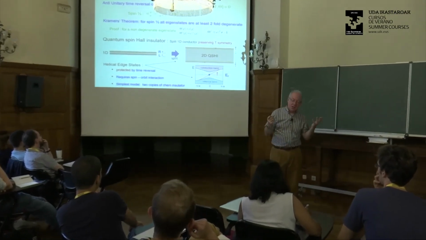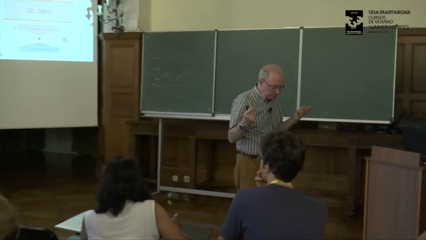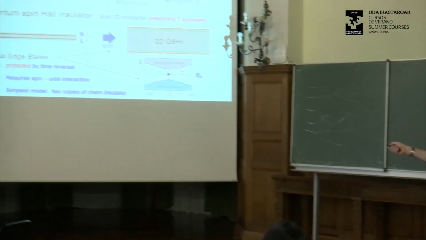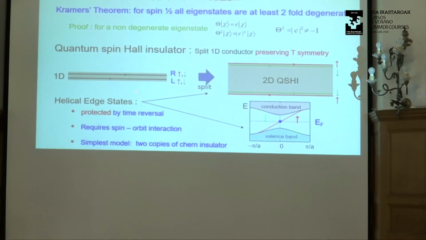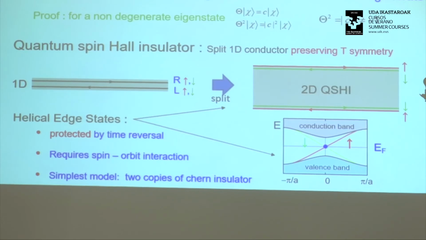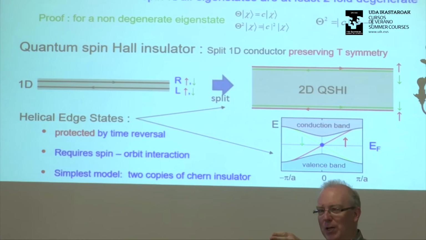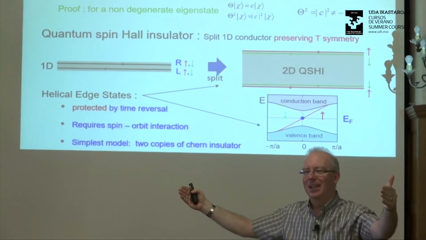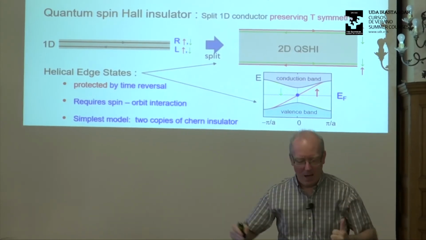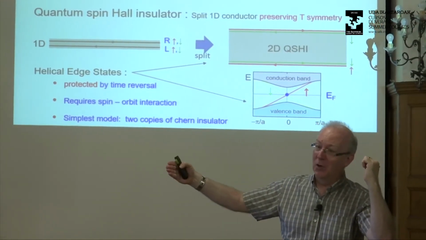So, for instance, if you have time reversal symmetry and you start with a one-dimensional wire, you have to have both up and down spin, left movers and right movers. This poses a question. I told you that, in effect, what the quantum Hall effect is about is taking my one-dimensional electron gas and splitting it into chiral left movers and right movers. Now, of course, you can't do that with time reversal symmetry.